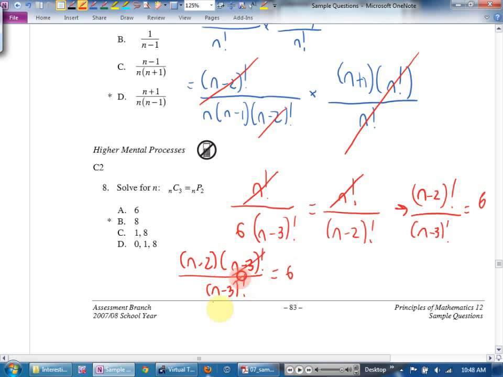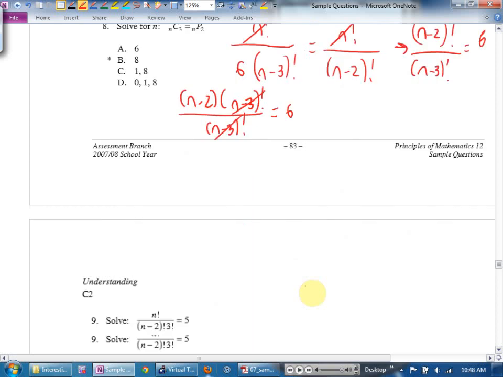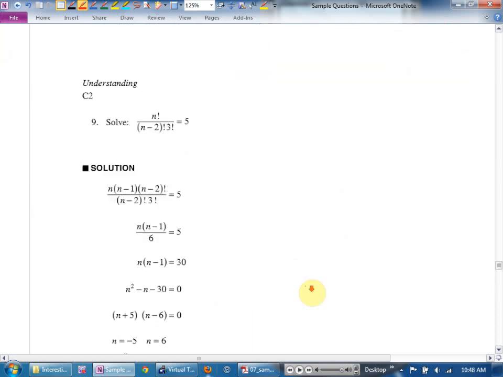Looks scary? Don't panic. Solving a factorial equation for n, with the quadratic ones, occasionally appears on the written section. Recognize, first of all, that 3 factorial is 6. Simplify your factorials. Which one's bigger? Cross out, and cross multiply. It's a lovely quadratic. And don't forget, you're going to almost always get an extraneous answer because you can't do a